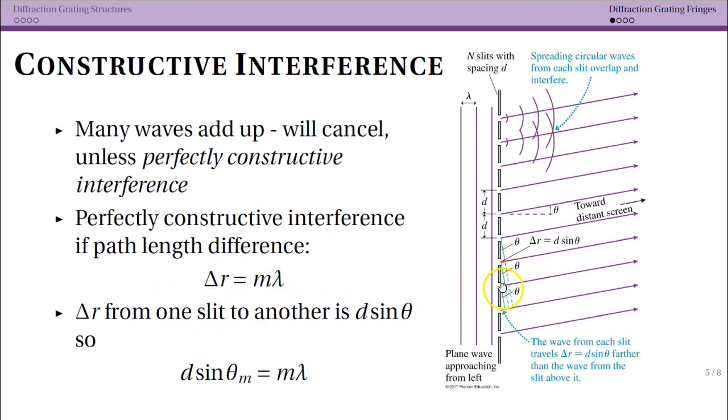But then we also know that if we form our little triangle, we have one part of the triangle which is d, and we have another part of the triangle which is our theta, and so d sine theta is what that path length difference actually is. So keep this in mind, that this is the analysis so far that you've seen that's been really similar to the two-slit interference. So that idea that there's an angle where you get constructive interference, that part of the analysis is completely the same. The difference is that we now are going to say that we fall off to zero